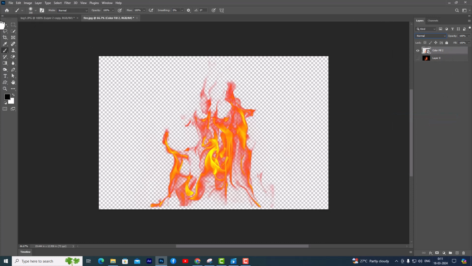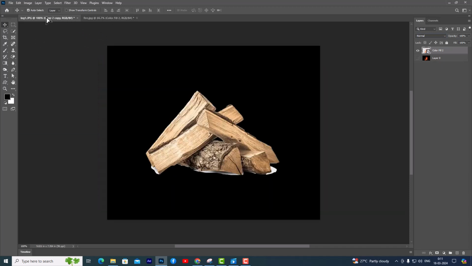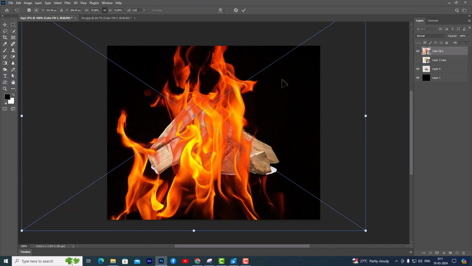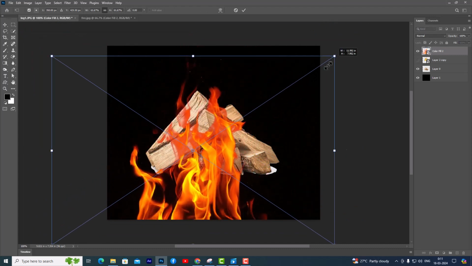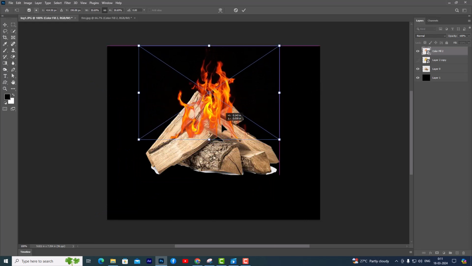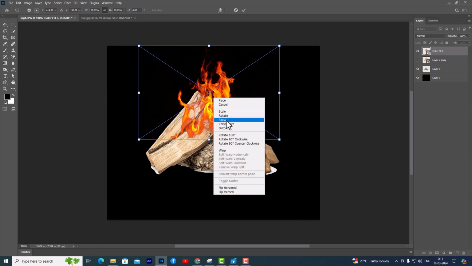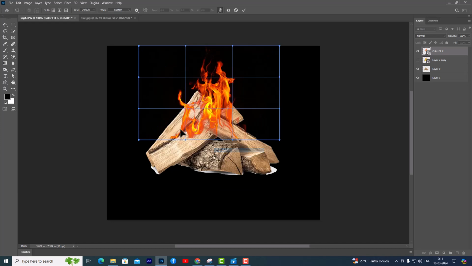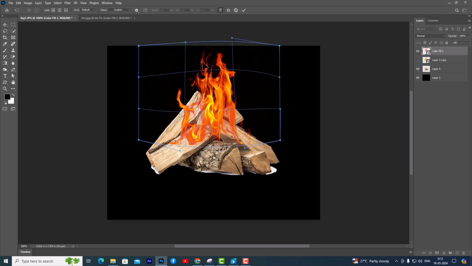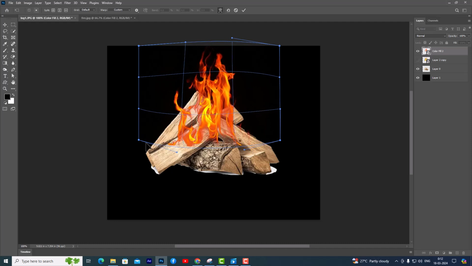And now we will use the Move tool. We will select the fire, and drag it and drop it over this log. So we can see here, we can use the same thing, that is, we will use the warp option to warp the fire. So something like this,